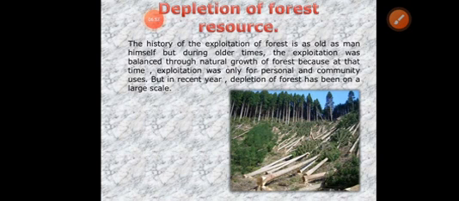Next, we are going to discuss the depletion of forest resources. The most important cause of the depletion of forest resources is deforestation, so let us look at the major reasons for deforestation. Deforestation is the deliberate removal of forest cover by felling trees and burning plants. In India, one third of the land was covered with forest during the late